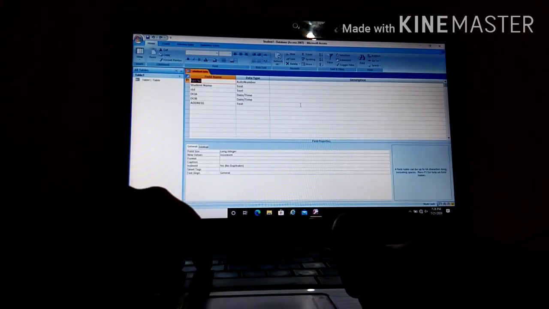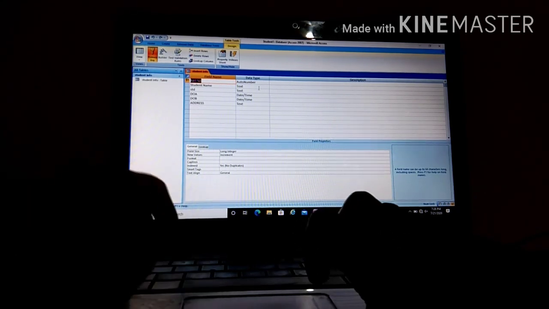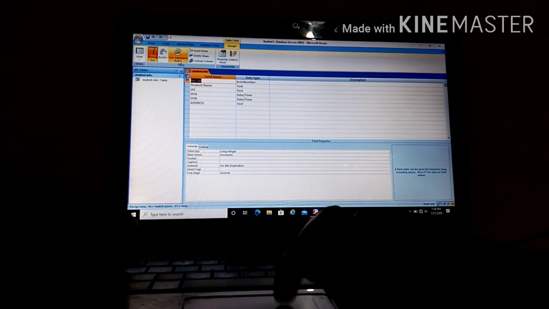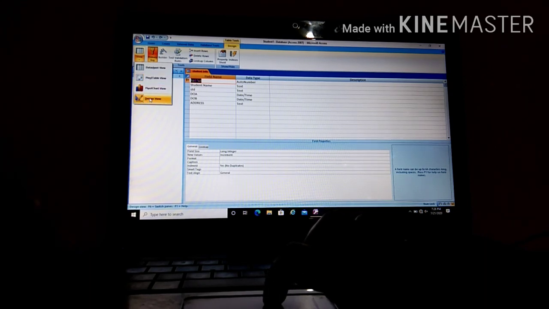Okay, click on it. When you change the view, this screen will be displayed to you. See here, when you click on the view, you can see 4 options for view. One is the data sheet view, and second is pivot table view, pivot chart view and the design view.